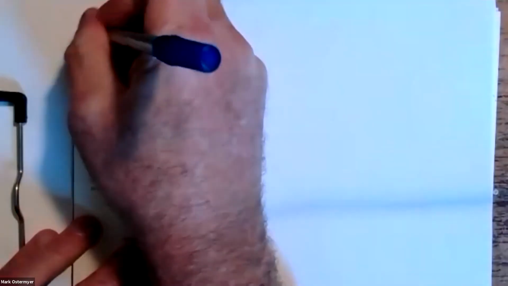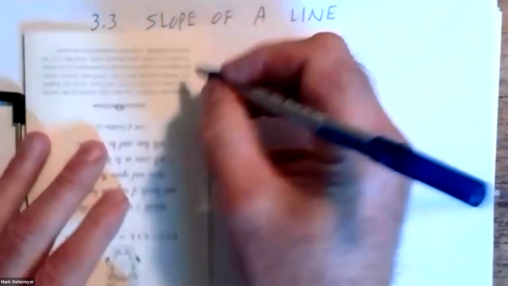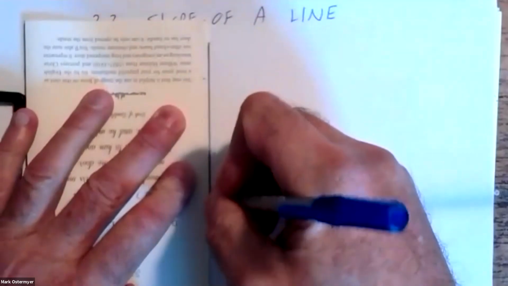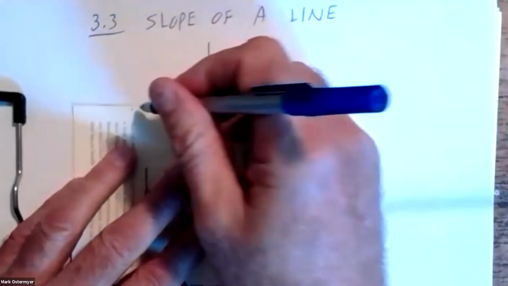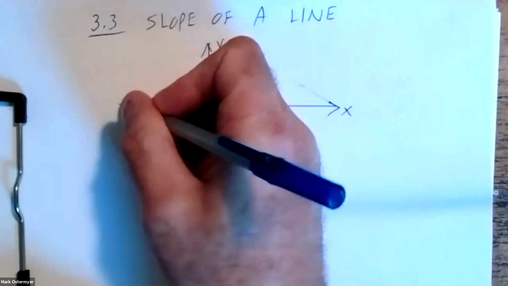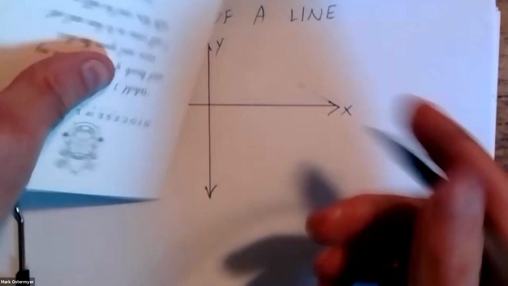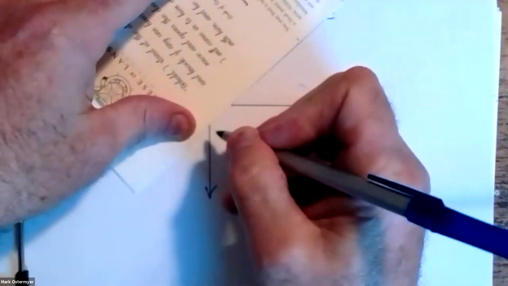So in 3.3, we are going to derive an important formula called the slope formula for a line in the XY plane. Okay, so suppose that I had a linear equation and I graphed it, and suppose that the